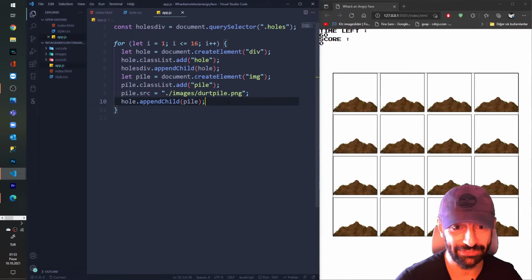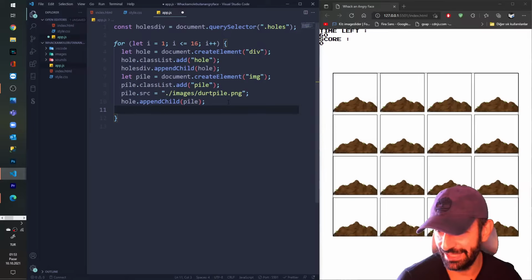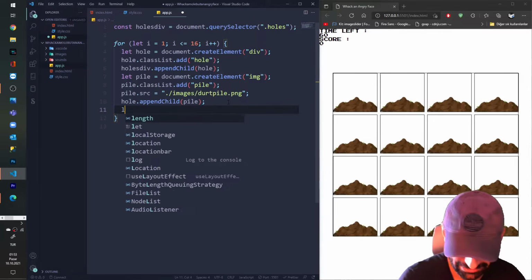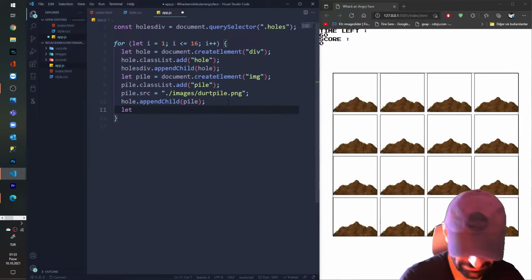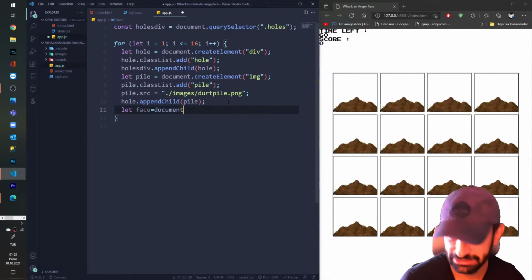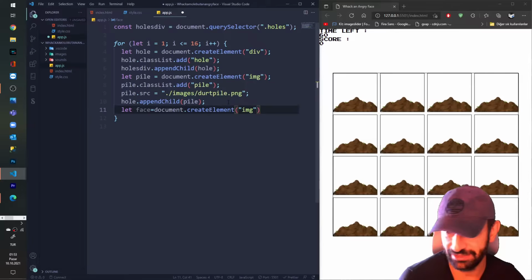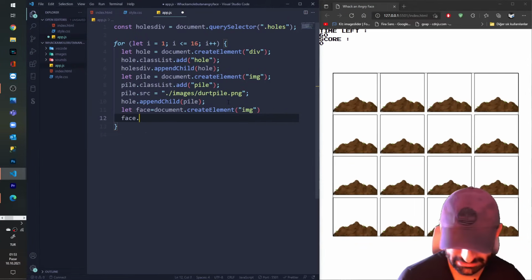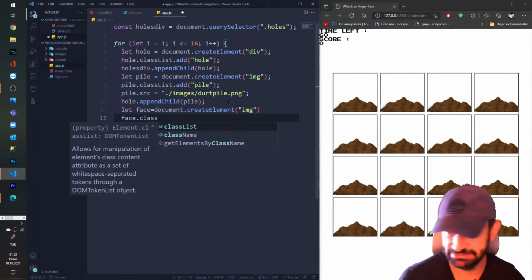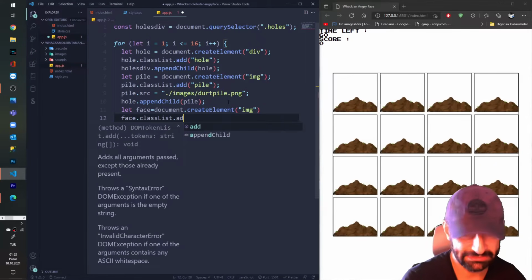We are putting the anchor face. Yeah, anchor face. I love anchor face. Let face equal document dot create element. Oh, create the elements, because if you don't create the element, you cannot play the game. And we say face.classList.add.